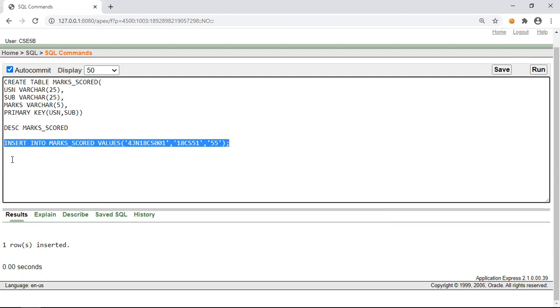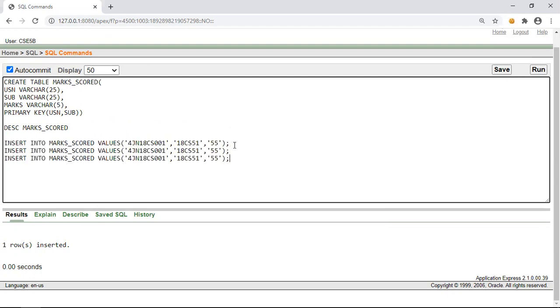Let us insert a few other rows also. Let us change the values.